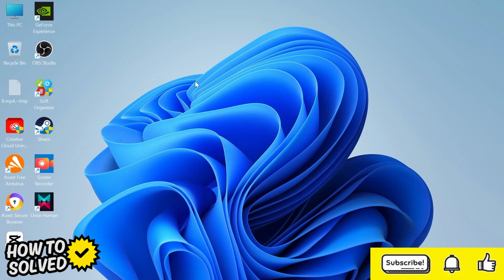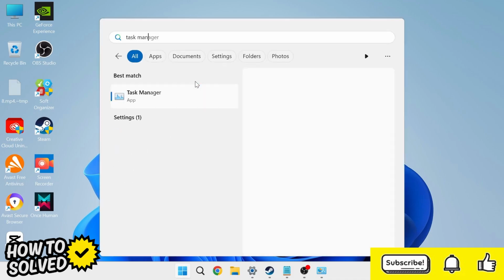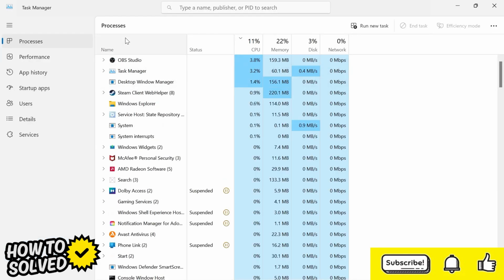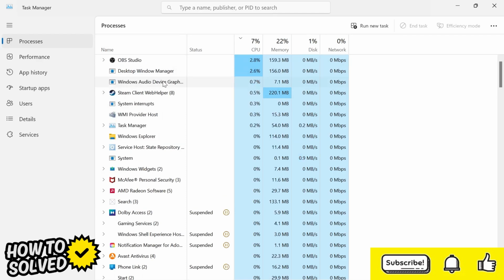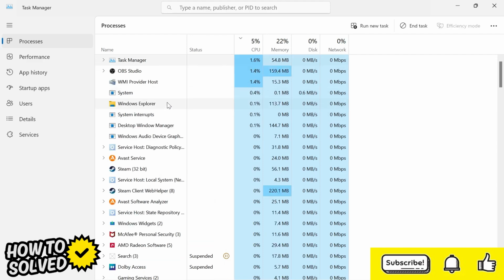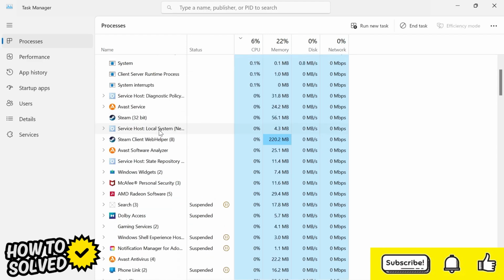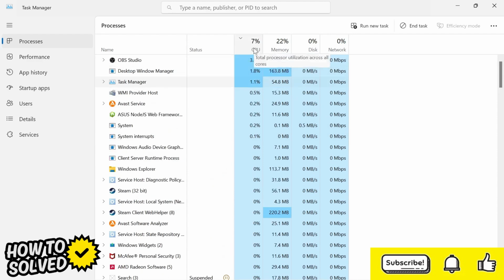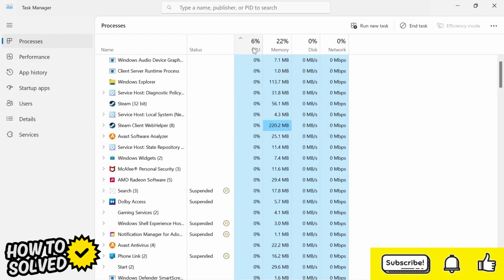and we're just going to launch up the start menu and search for Task Manager. Click on the Task Manager window, and from here you'll see a list of all the processes that are currently running on your PC. Now it's important here just to shut down any applications that we're not currently using. So all you need to do is go through this list of applications and just shut down anything we're not currently using. You can even order this by which ones are using the most amount of CPU by clicking this